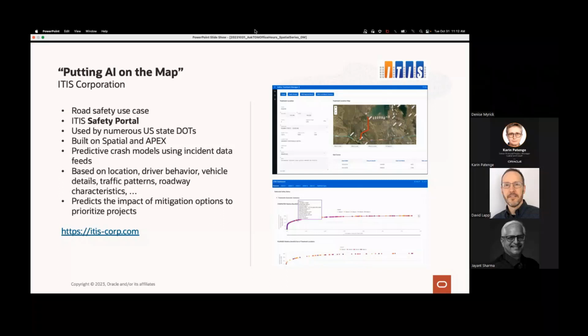They incorporate all kinds of highly multi-dimensional information, taking into account, of course, location, but also aspects of information about the driver and the roadway conditions and the weather and all these different aspects that are part of crash reports, and they implement these predictive crash models. So what they do in conjunction with that is then perform predictive analysis to determine, based on different sorts of remediation. So we've got lots of crashes happening in a given location, and we think we know why, and there are different ways of addressing it, different sorts of remedial action. So based on their predictive models, they'll look at what will be the impact of different remediation options in terms of saving lives, and determine what's the best